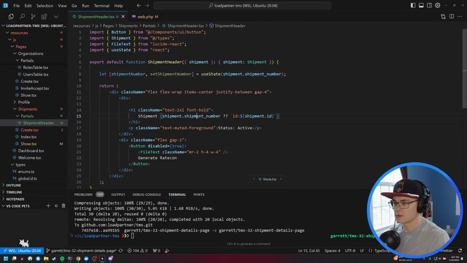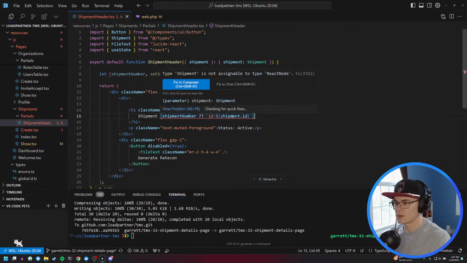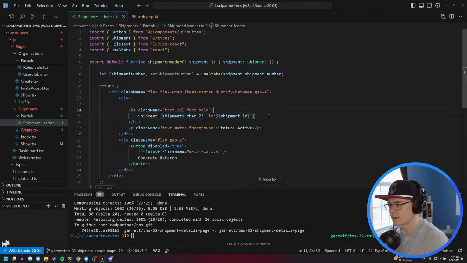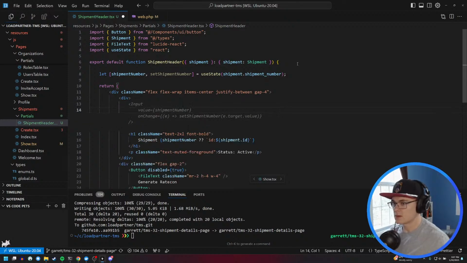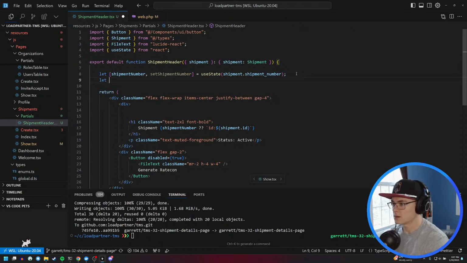Import. And then shipment number is going to be shipment number. Looks great. What are you unhappy about? Shipment is not assignable to, okay. And I think what we're going to do is say an edit mode. Let's set edit mode false, and we go